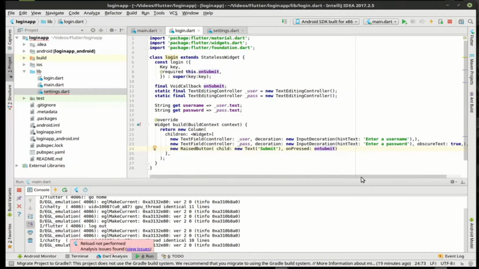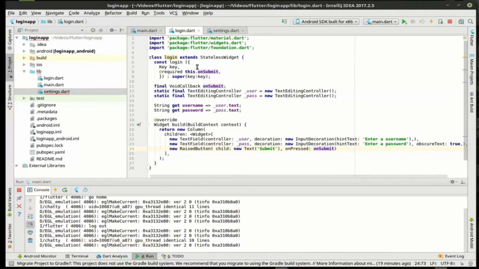So looking at this code, really what's going on here is we have a stateless widget. Remember, we're not going to hold the state because it's stateless. We have in the constructor, geez, cold medicine, we have a key which would help identify this, but we're not really using it in this tutorial. I just wanted to show you can do it. We have a required parameter, and we're using this onSubmit. OnSubmit is actually a void callback, meaning we're expecting this to call a function somewhere else in some other code. We have text editing controllers, both of them for username and password, and those are being used by these